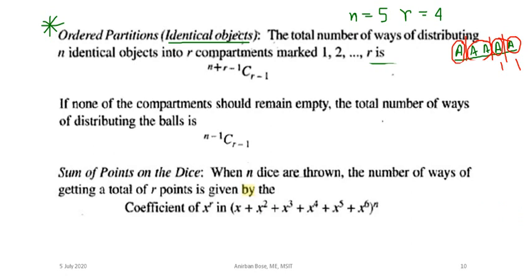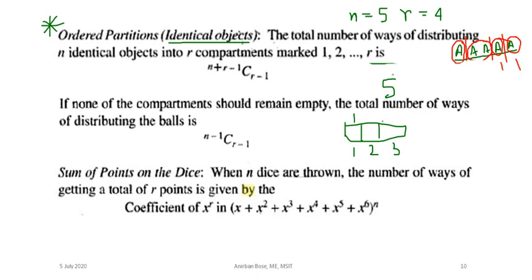Suppose there are a total of 5 similar objects, and say the number of compartments is 3. Instead of the previous case of 4, let us consider there are 3 compartments named 1, 2, 3, and you want to distribute these 5 similar objects into them. So now it is not possible that one of the compartments may be 0, which was the possibility in the first case. Okay, so now what you have to do is put at least one here. So at least one.